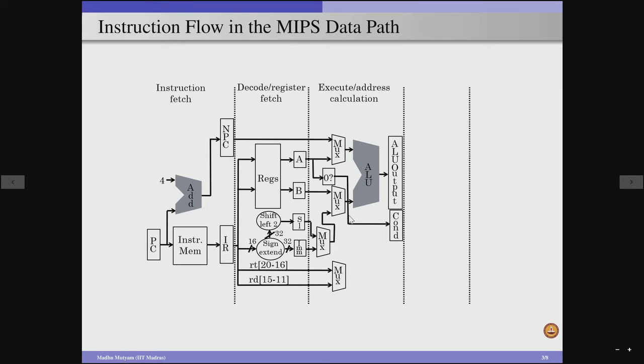And there is another mux which is going to select between the contents of B as well as the contents coming out of this mux, and this mux has the inputs from immediate as well as the sign-extended immediate. Also we have these registers RT and RD which are given as an input to a mux,